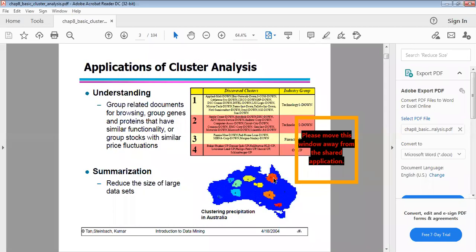next one is what are the applications of cluster analysis. So here mainly for understanding purposes you have to use it. Clusters you use to understand the concept, and the second one is to summarize the data. Understanding: group related documents for browsing, group genes and proteins that have similar functionality, and group stocks with similar price fluctuations. For example, we consider